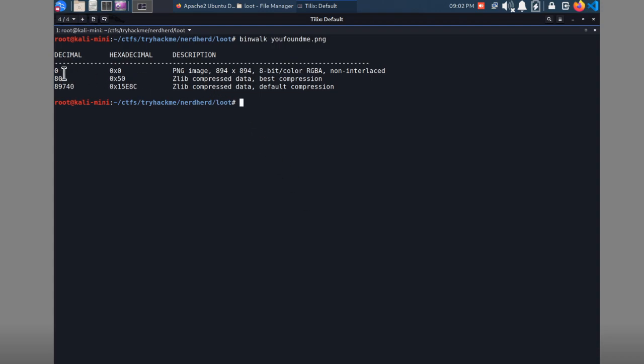So we see here it identifies 3 types of headers: a PNG image, zlib compressed data, and then zlib compressed data there. Yeah, I don't know. That's kind of normal with PNGs, or it's a little abnormal, but could be normal. So it's nothing to go dig into just yet. All right, so